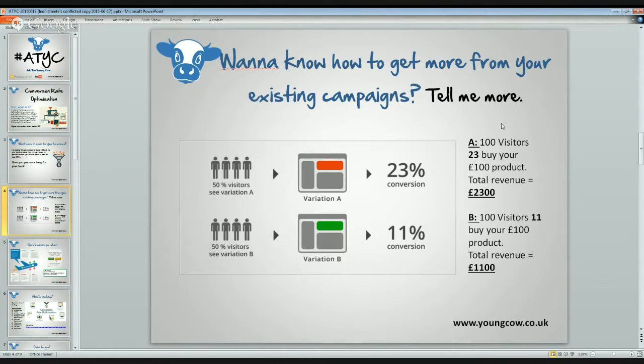Here it is. So, imagine you already get 100 visitors to your website. We're not saying to you go out and get 200 visitors. We're saying with whatever traffic you've got already, you can start to perform conversion rate optimization tests where you split test A and B variants. So one landing page against another landing page.